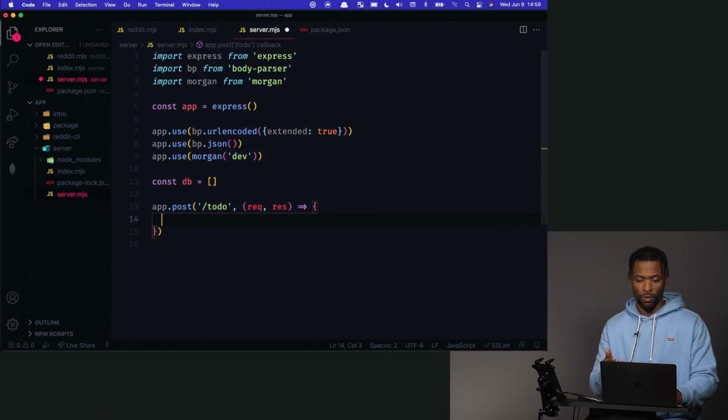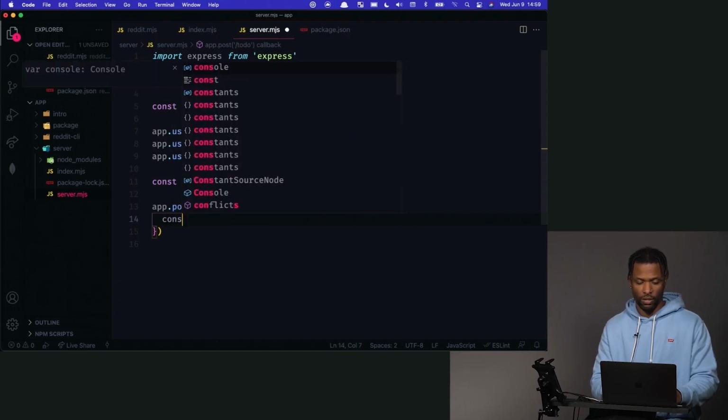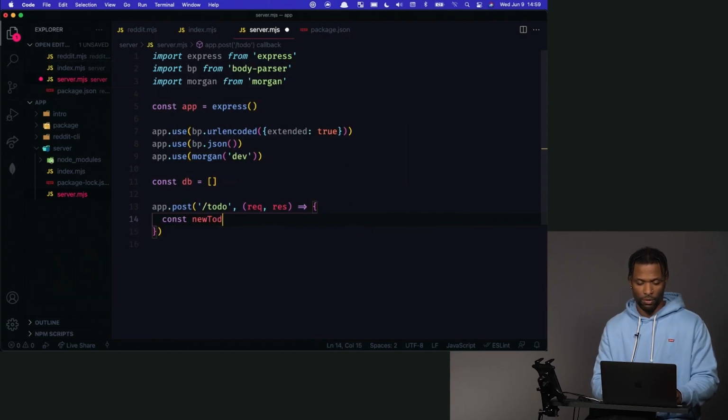We want to first grab this to-do and add it to the database. So let's do that. We'll say new to-do, and that's going to equal an object. We'll just say the ID is, I don't know, Date.now. I don't like incremented IDs. And then the text is going to be whatever is on the